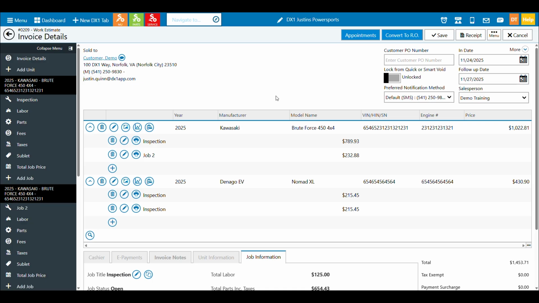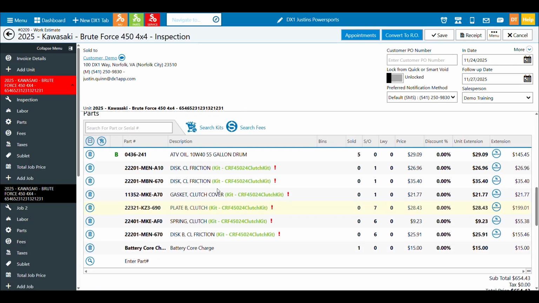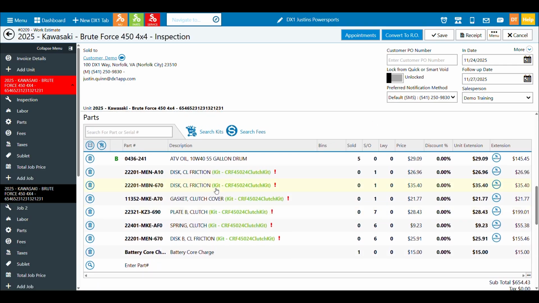All right, in this chapter, we're going to talk about converting to an RO from a work estimate. This was our previous chapter. One of the main components of this that hasn't happened yet is any parts that we may have put in our pick list have not been pushed anywhere. They've not created invoices. So converting to an RO is quite simple. We're going to do exactly that.